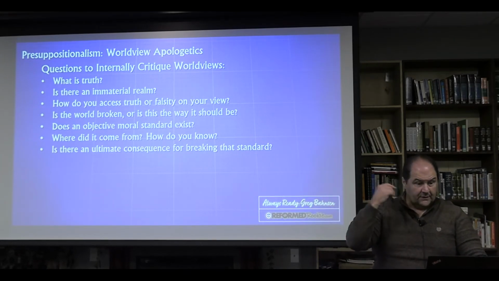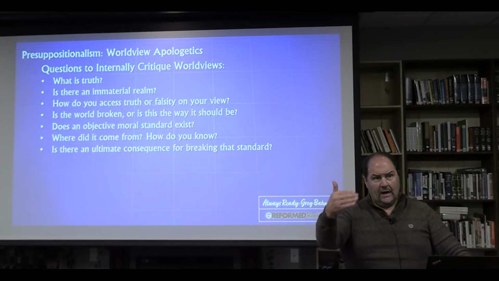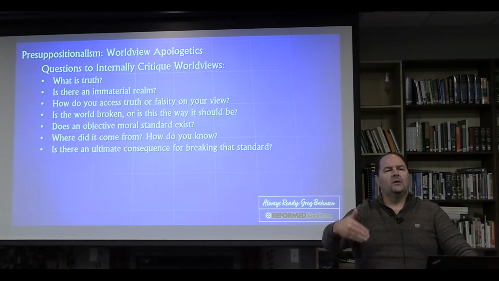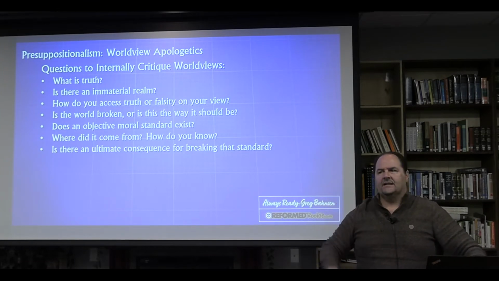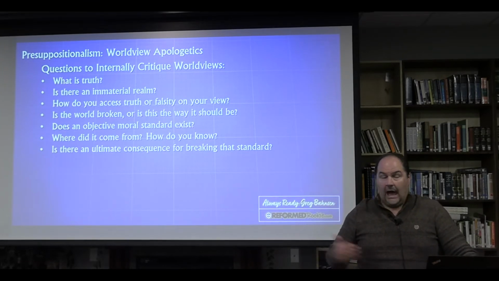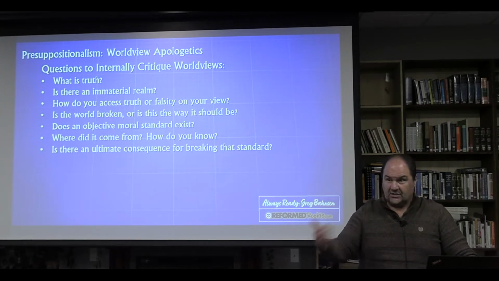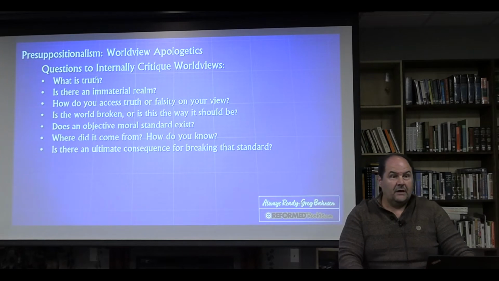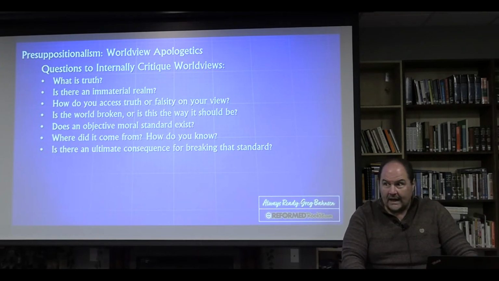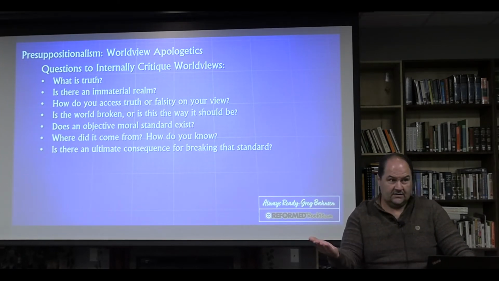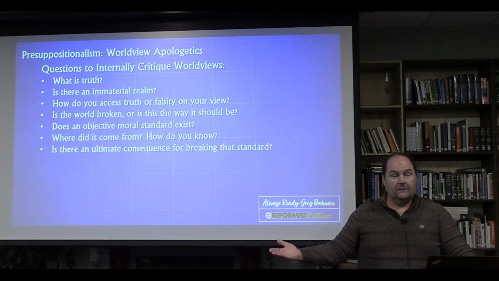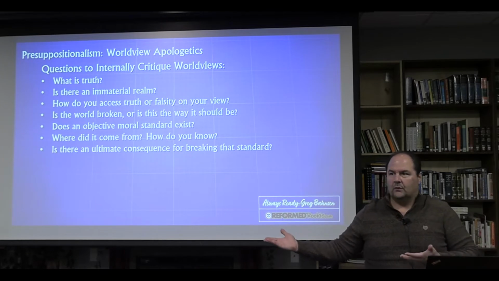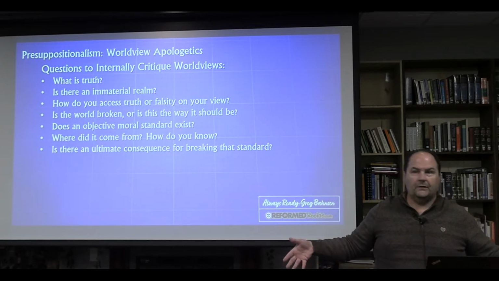Now, Christopher Hitchens, who we've talked about several times, he would go out in front of Christian audiences all the time and say, what is one thing you can say as a Christian that I can't say as an atheist? And nobody answered him. And I wish I was in the audience, because I would have said, there's an ultimate consequence for evil. You can't say that, because there is no consequence ultimately for evil. If you get away with it in this world, there is no next world. You're just 6 feet under,